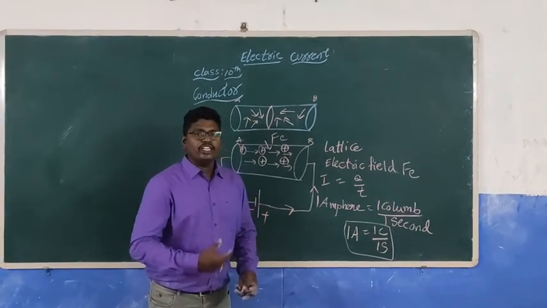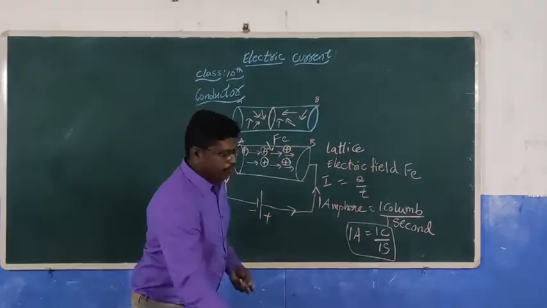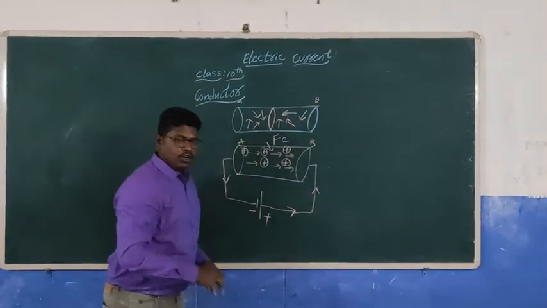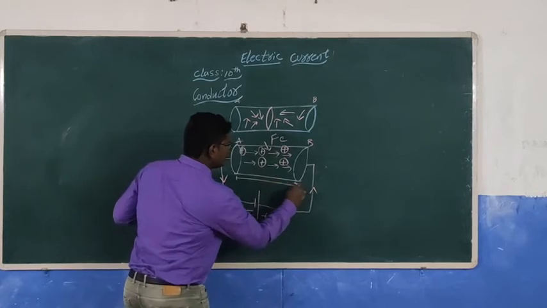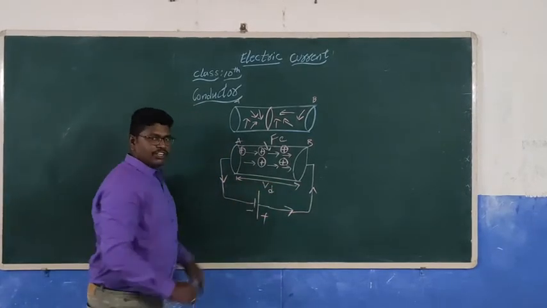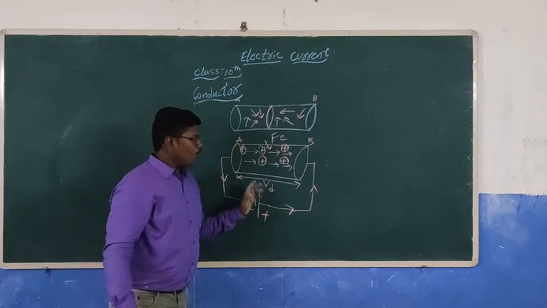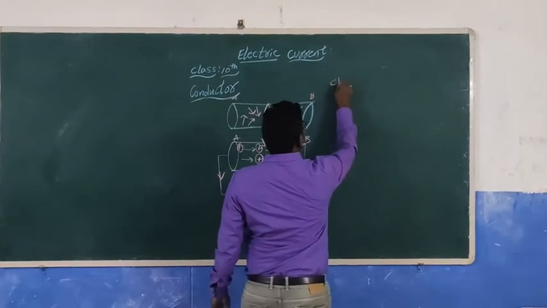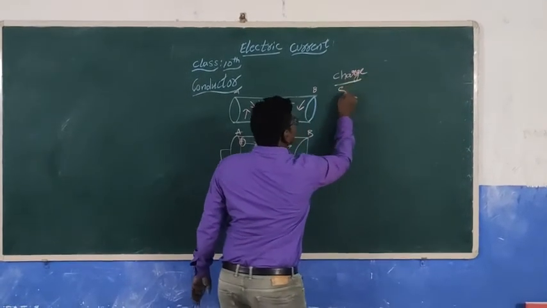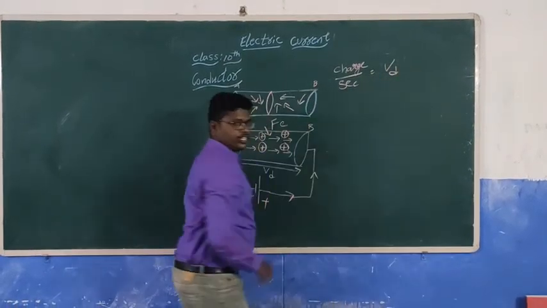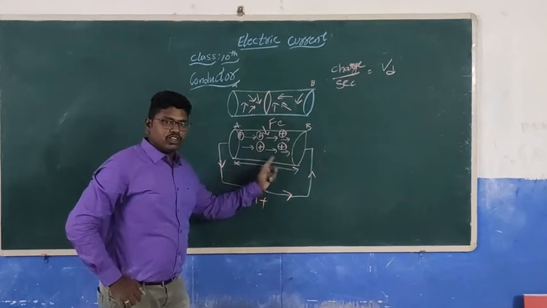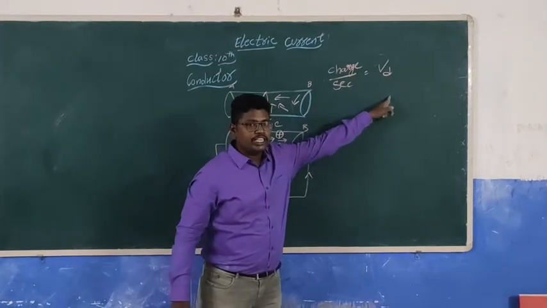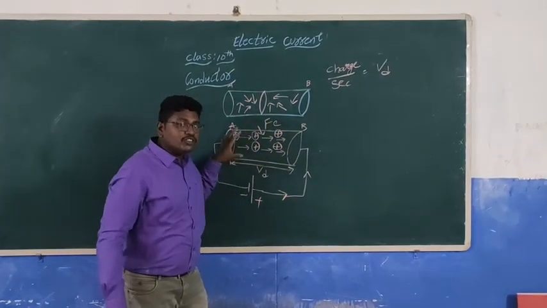Next, I need to write down the equation of current. Let us see here. Whenever the charges are moving from here to here, the distance I consider as V suffix D. Now when the charges are moving from A to B, that is the distance of charge per second. The distance from A to B that the charges move per unit time is Vd. So the distance of charge per second is Vd, and in this conductor a number of charges will move.